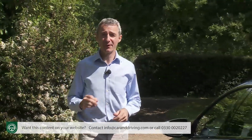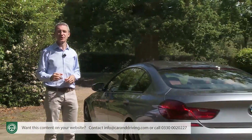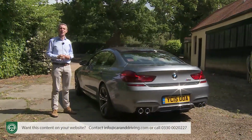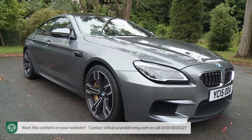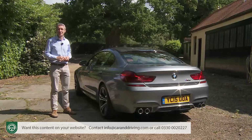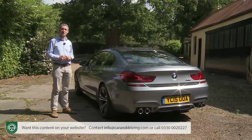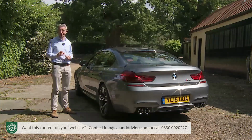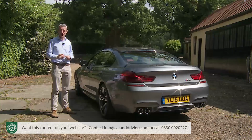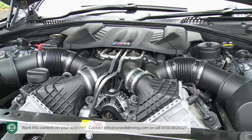A small but carefully fashioned market niche then, although price-wise you'll have to stretch above it if you want to go beyond the mainstream and get yourself the supercar-style performance of the top 560 brake horsepower M6 Gran Coupe flagship model that we're trying here. You'll need around £95,000 for one of these. If you can't quite stretch to that, then a budget of around £70,000 will get you the next best thing, the equally rare 650i, which offers an only slightly detuned 450 brake horsepower version of this M6's 4.4-litre V8 bi-turbo